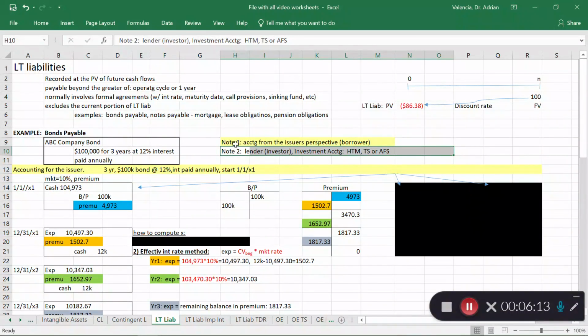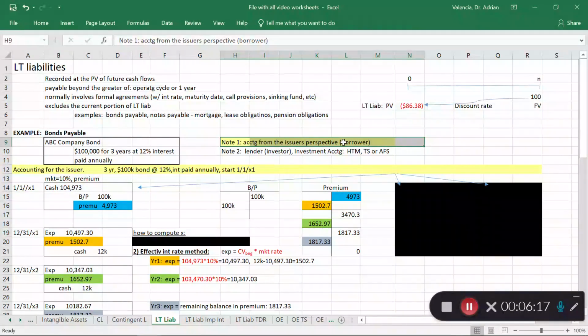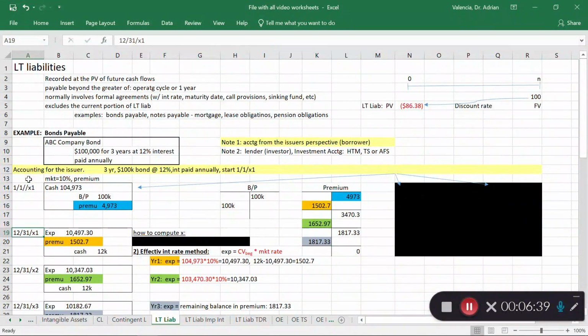What we're illustrating in this video is how I account for it as the person borrowing the money. Okay? And just to be clear, the person that borrows the money technically is the person that issues the bond. The company that issues that bond is the one signing and agreeing to pay money back. So they are the issuers of that payable or that note or that bond in this case. All right, so let's look at an example